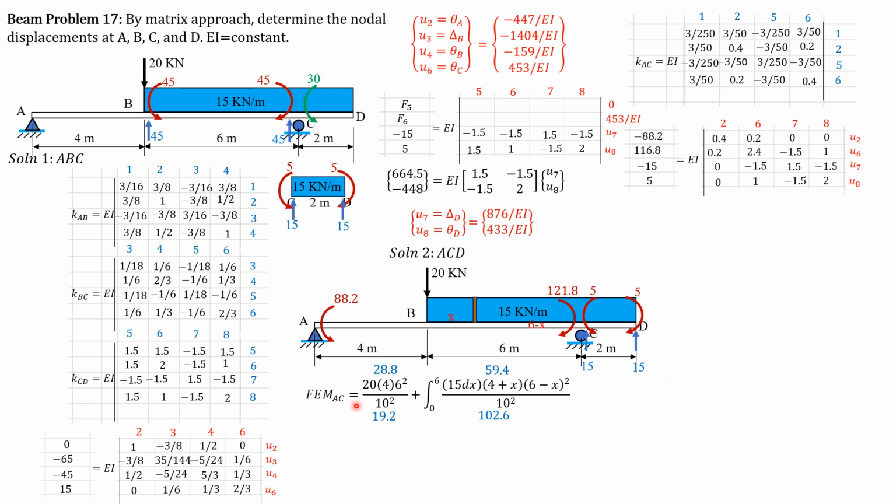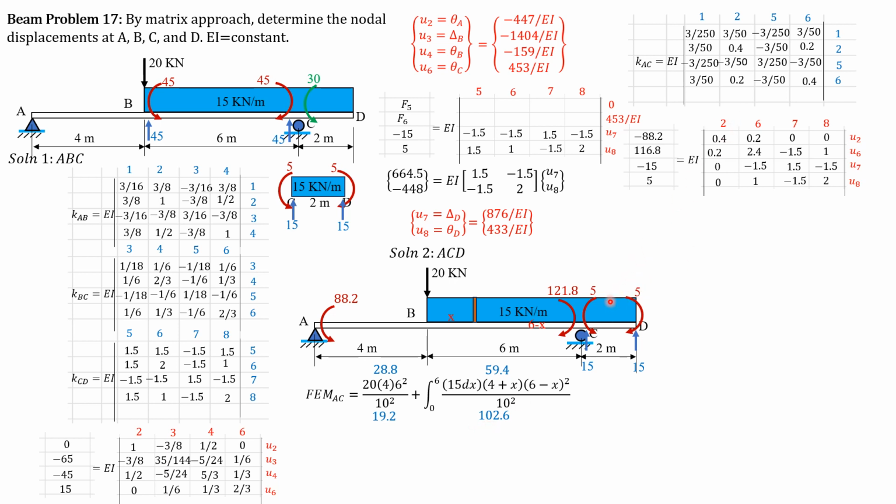Fixed moment CA is 24 square times 6 over 10 square, and that's 19.2. Then plus integral 0 to 6, 15 dx, then this is 4 plus x square. Sorry for this. Then 6 minus x raised to 1 over 10 square. But you know already how to compute fixed end moments. And it is 102.6. So 19.2 plus 102.6 is